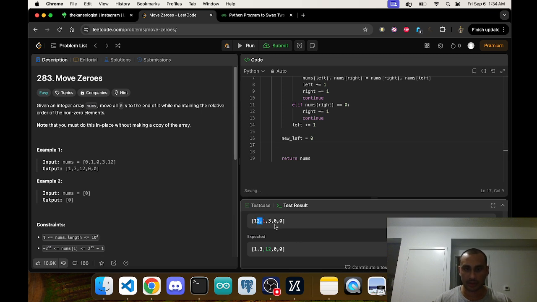Alright, so now I'm going to start here at the 12. While nums new left is not equal to 0